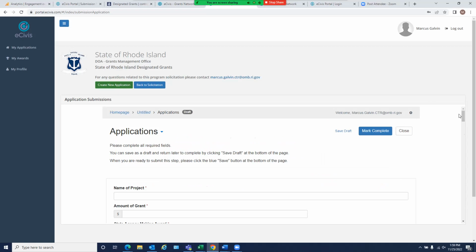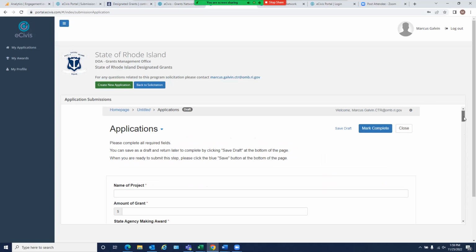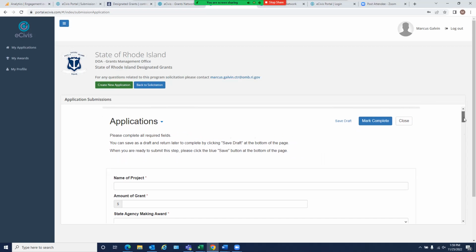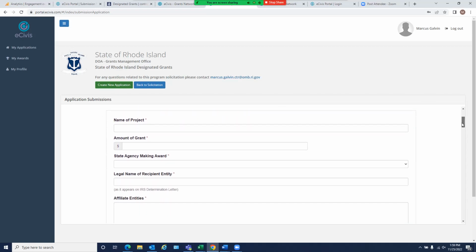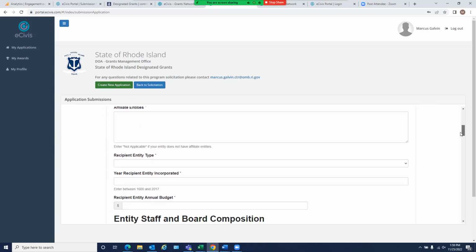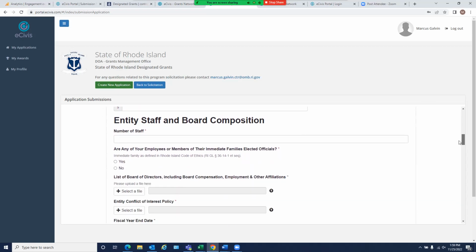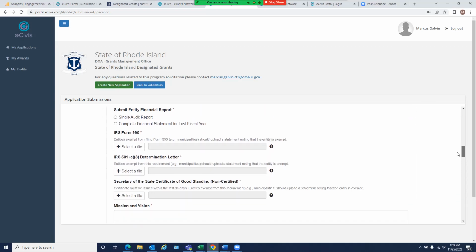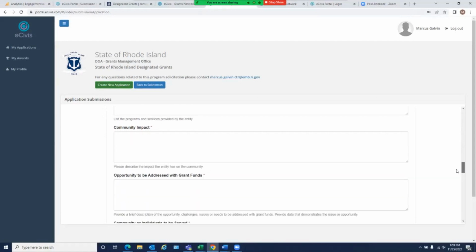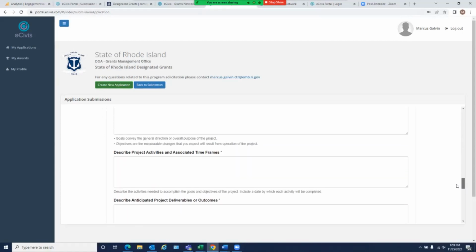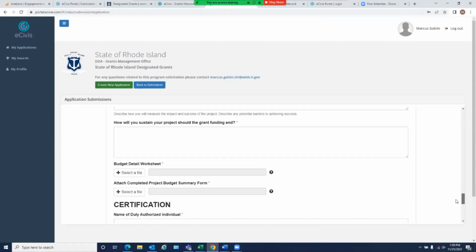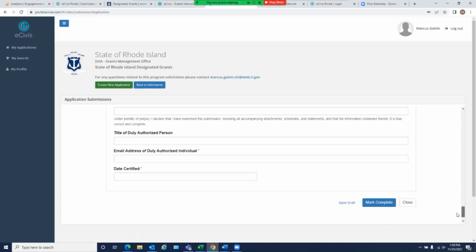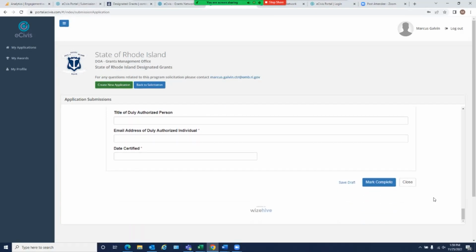Please scroll through and fill out all of the required fields with the correct information, adding the narratives and attaching the forms where necessary. When you feel this section is complete, at the bottom of the form, you have an option to mark as complete. There is also always an option to save this as a draft and come back and finish at a later time. Once you hit mark complete,